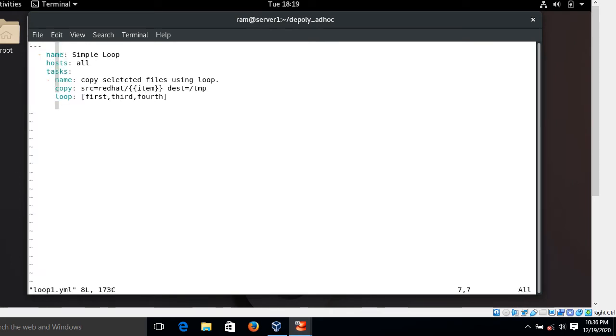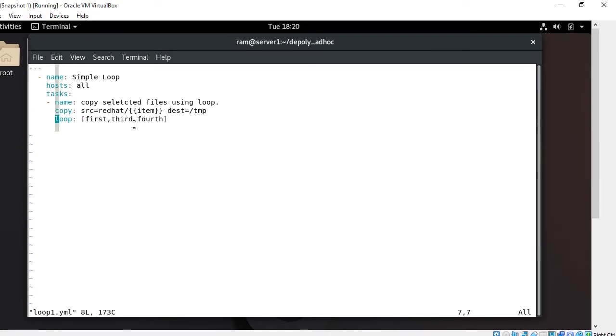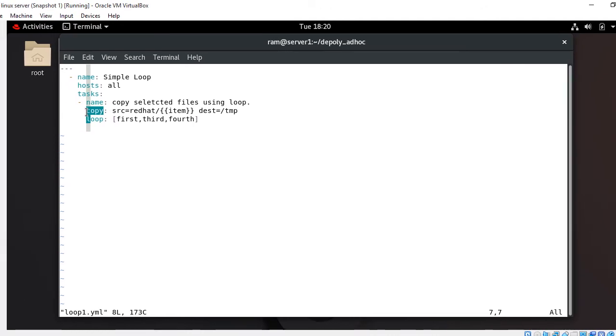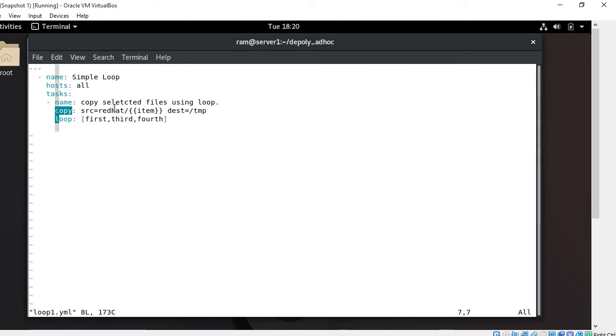I'll open it. Okay, so guys, let's understand the playbook with the Ansible loop feature. Here I have mentioned a play name, simple loop, then I mentioned the playbook tasks. Here I want to copy a few selected files from the control node to the managed host using the copy module. So I just use the copy module, and I mention a directory name Red Hat on the source location. This will be locally available in my source location, from where I copy a few files to the managed host /tmp location. This is my destination.